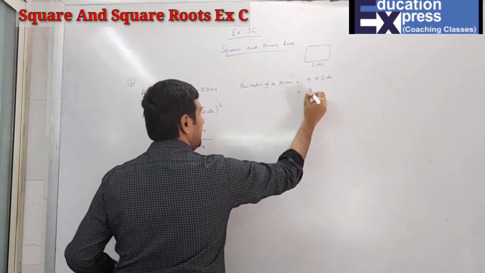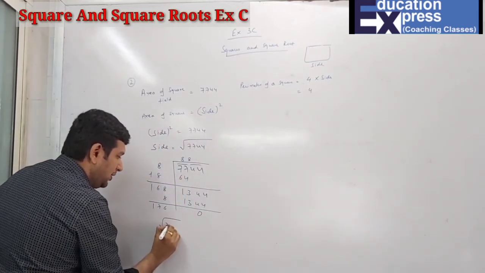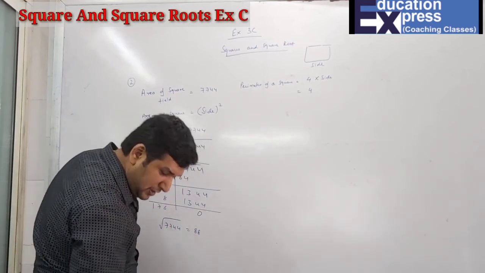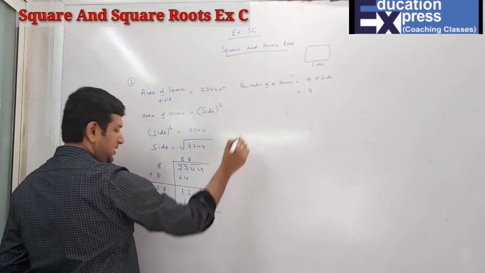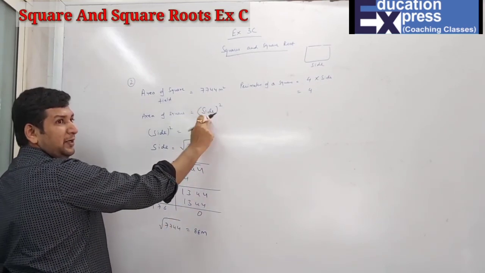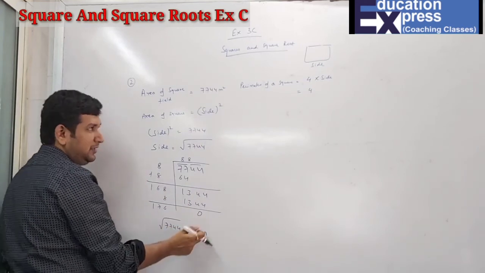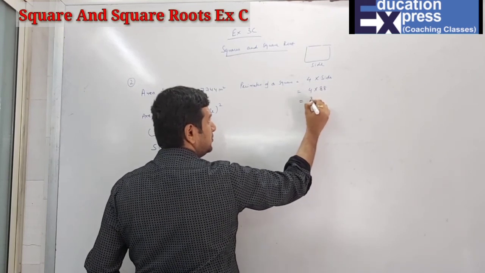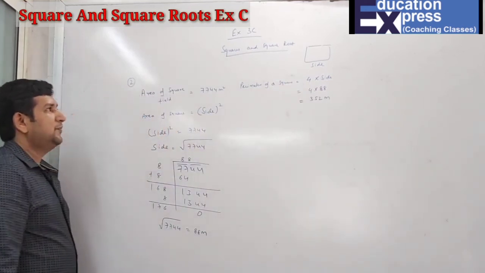Now what is the value of the side we have got? The square root of 7744 was 88. So obviously 88, and they have not mentioned any units, square meters. So this was meters square, students. So obviously your side will be 88 meters. Why square? Because of side square. So meter into meter is meter square. But if it's only the side, it's only meters. So 4 into 88, that is 320 and 32. So 352 is the perimeter of the square.